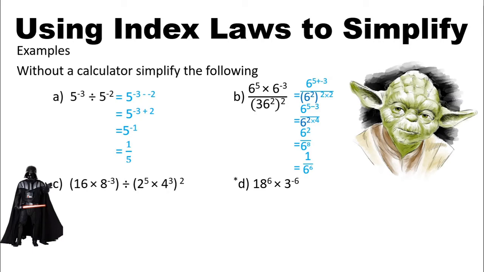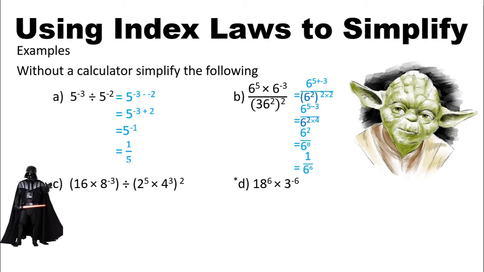16 is the same as this base to the power of something. 8 is the same as this base to the power of something. 2 is the same as this base to the power of something, and 4 is the same as this base to the power of something. What is the base that we're thinking about? It can't possibly be smaller than 2. 4 is the same thing as 2 squared. 8 is the same thing as 2 to the power of 3, and 16 is the same as 2 to